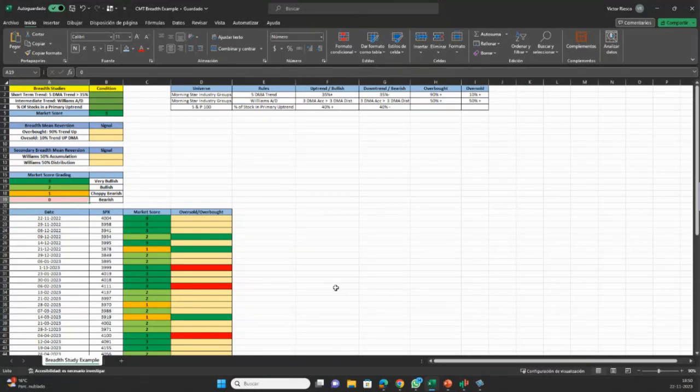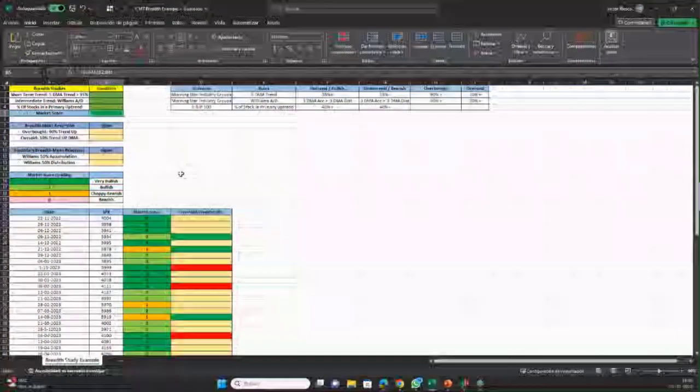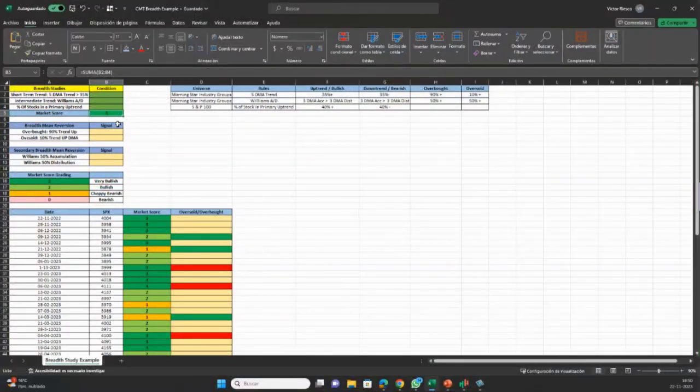For example, I do a lot of trading with stocks and options. So maybe when the market has a really high market score, in my case, I'm going to sell premium more aggressively, for example, I'm going to sell puts, more aggressively than, for example, if the market was choppy bearish, right? Here I might sell, but I will sell them farther out of the money.